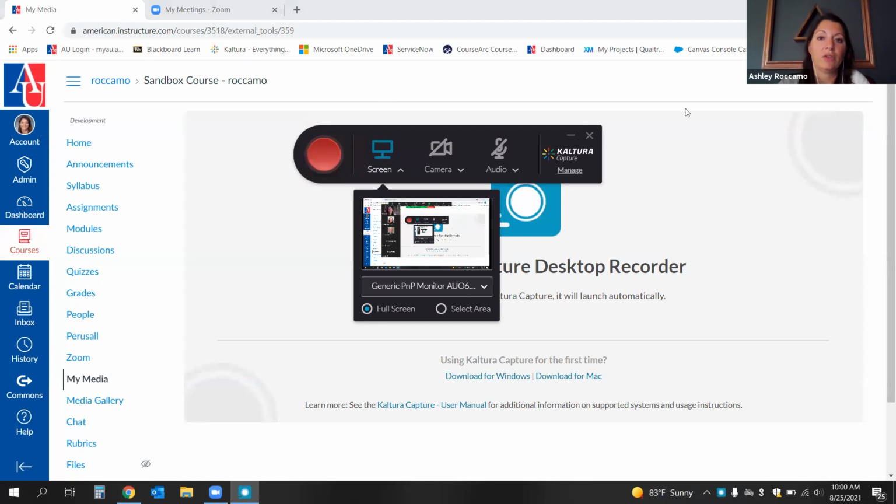So this is what the Kaltura Capture interface looks like. It's pretty simple. So you have 4 buttons across here. The big red one is record. Then you get options for how you want your